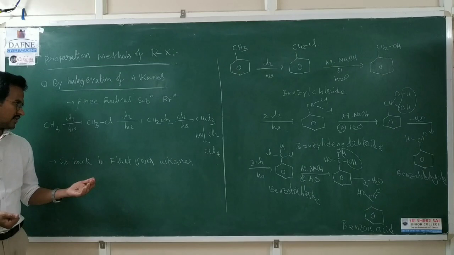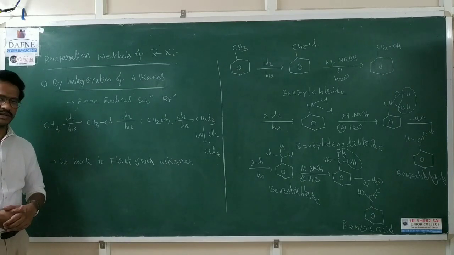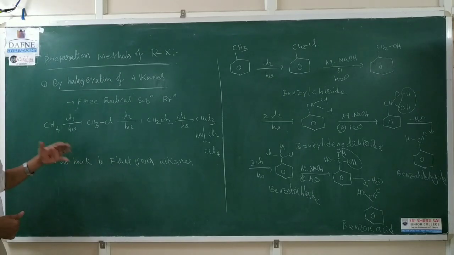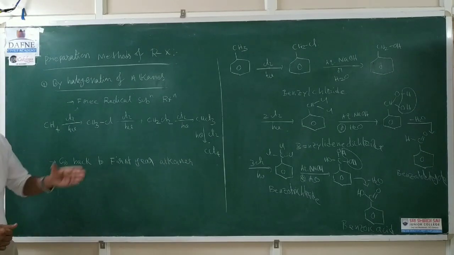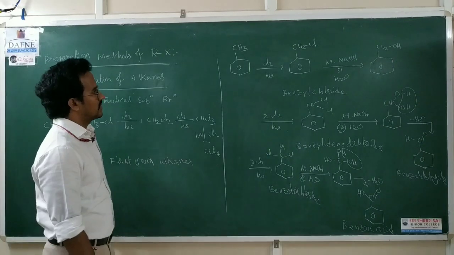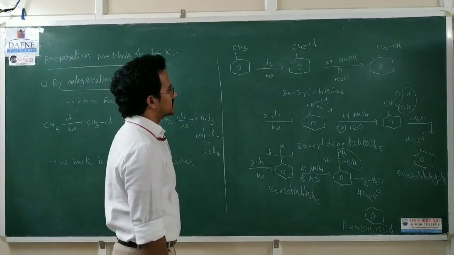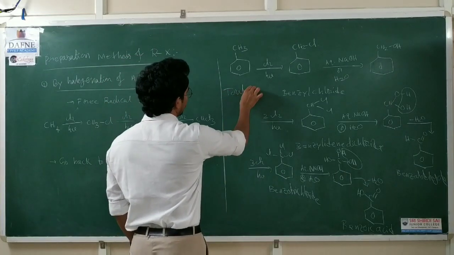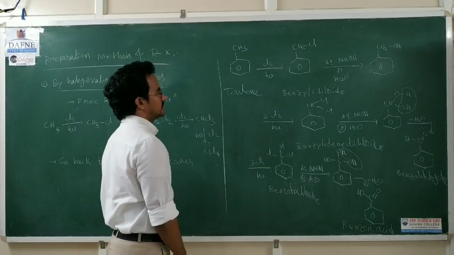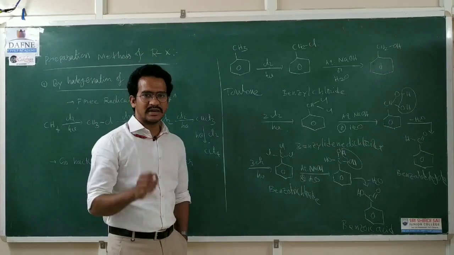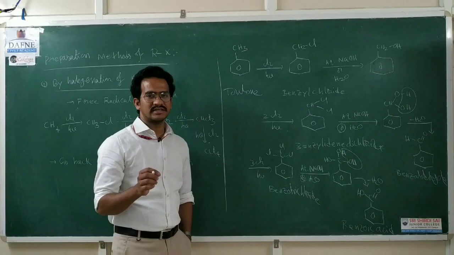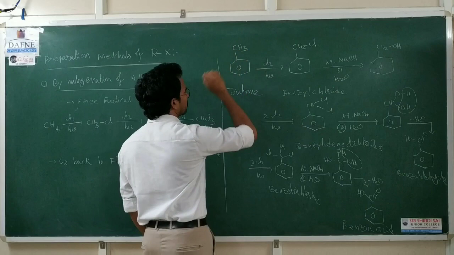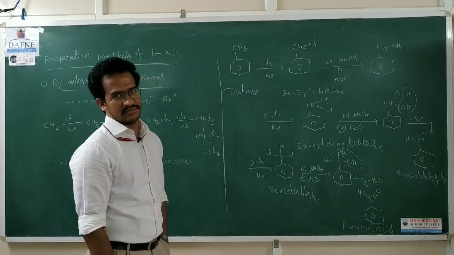Of course, for more details, go back to the first year syllabus, alkanes. Under chemical properties, we discussed these reactions. Now, a further application of this free radical substitution reaction: this is toluene, and halogenation. Here, free radical substitution takes place on the side chain of the benzene. So actually it is a side chain.